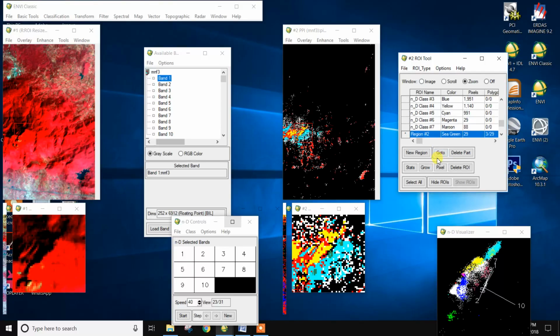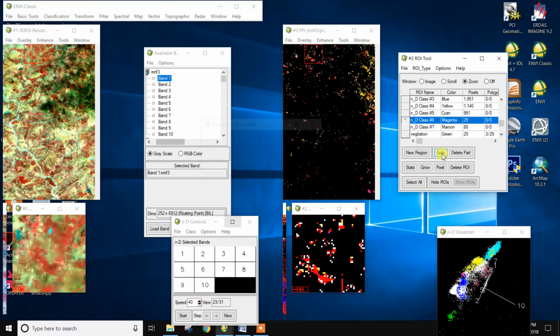There is the pure pixel and name change. There is the vegetation. Change the color to green. There is the vegetation. Magenta.